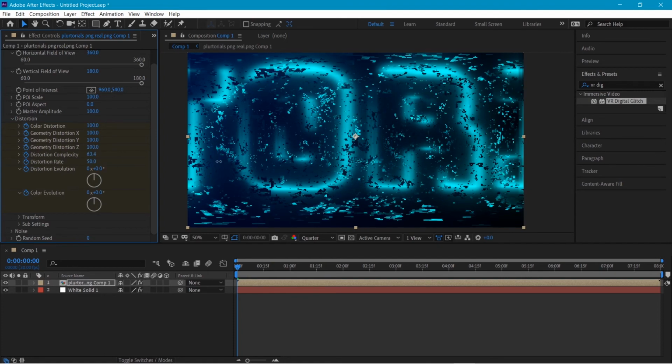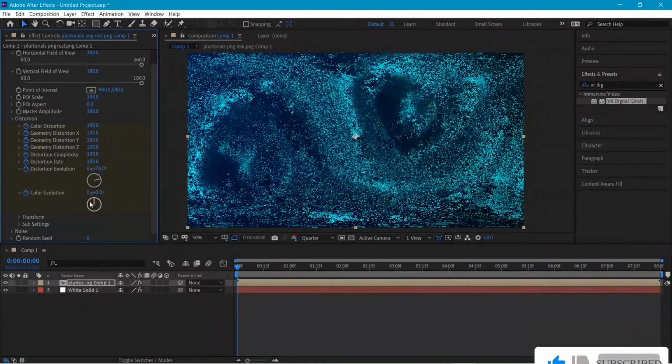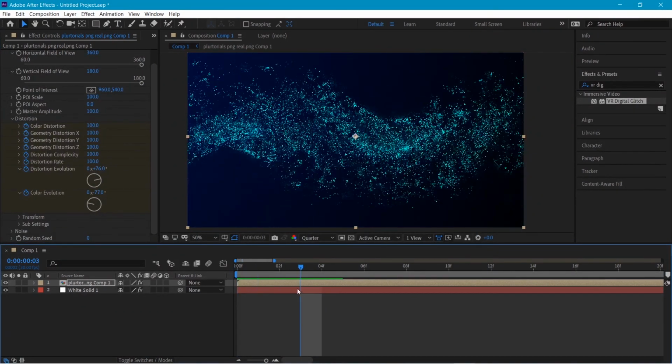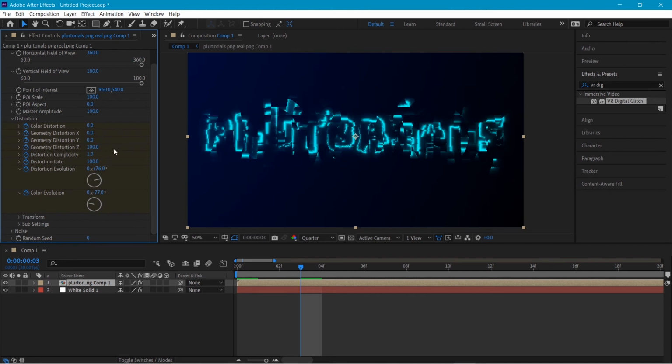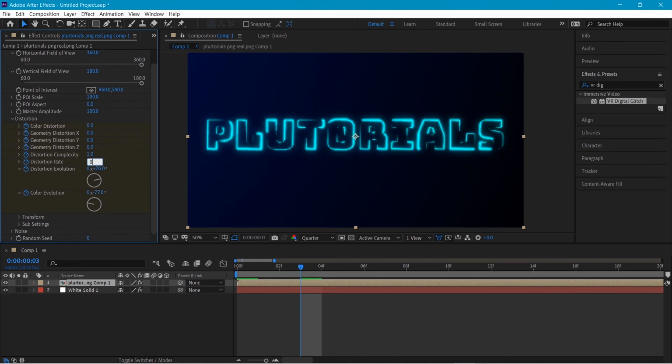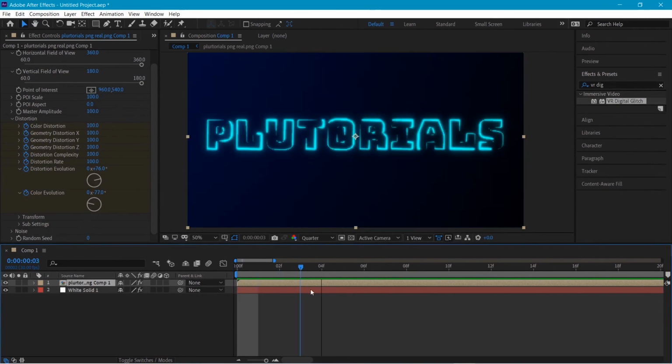I know it's a bit of a messy thing to do. You can see and manipulate it as you like. Now we will go back to where our animation will end, like on the third frame, and hit 0 on everything. See this? Now it's good. See? That's what I'm talking about. So this is how you create a neon animated logo for your channel, guys.